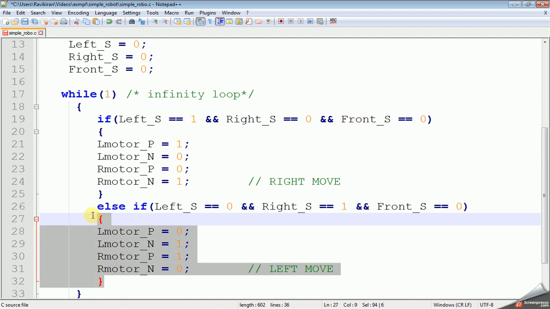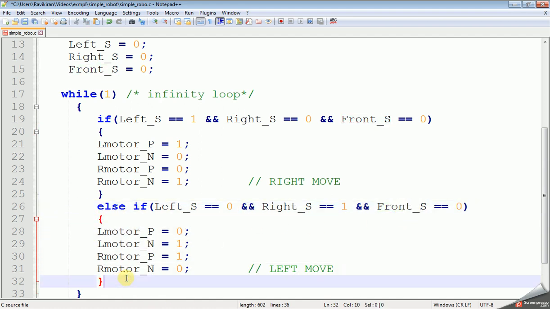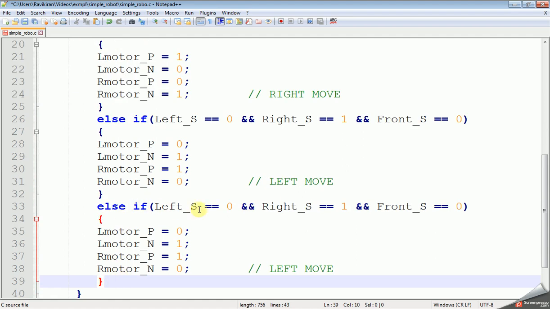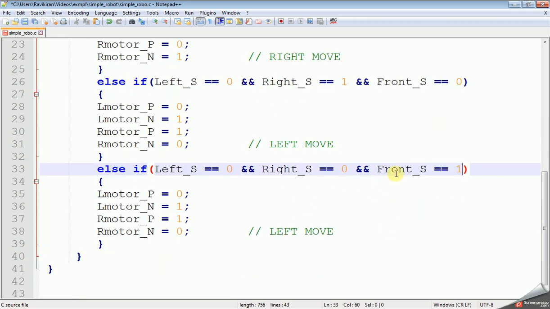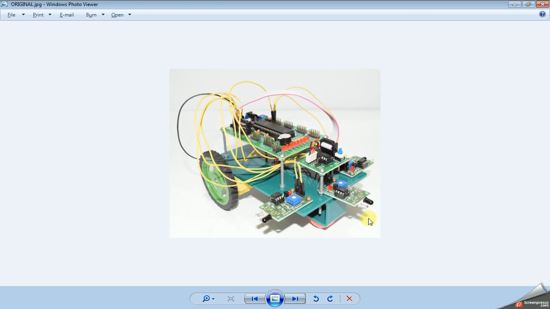So now we need to write the logic for the front sensor. This will be 0, this will be 1. So whenever there is an obstacle at the front, this side, the robot has to stop. I'm just writing the stop logic.